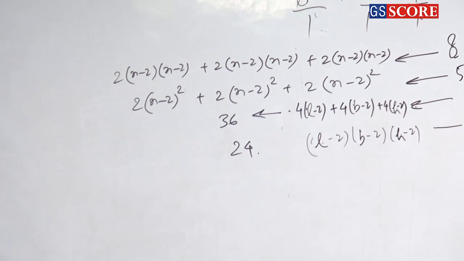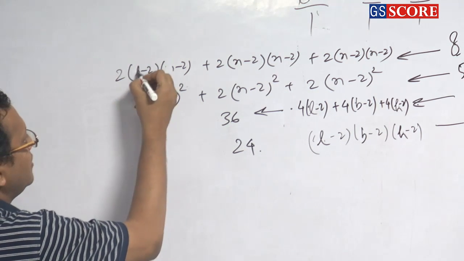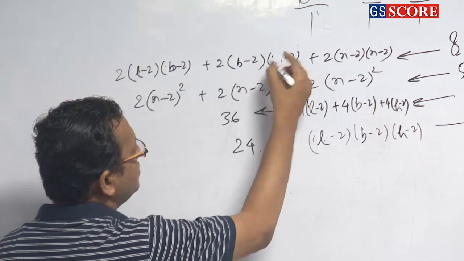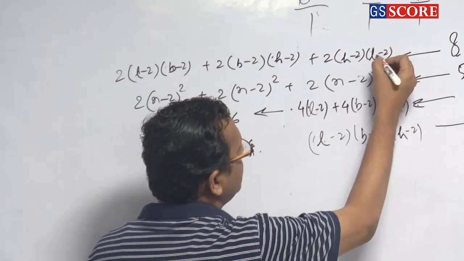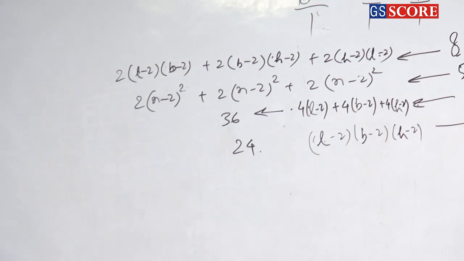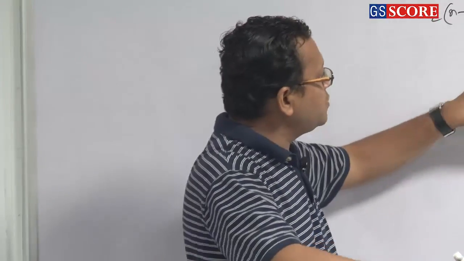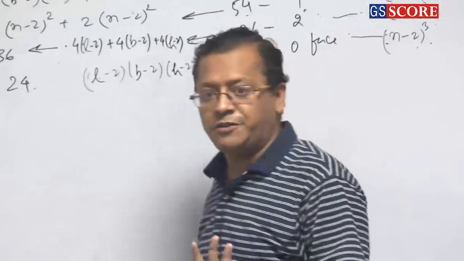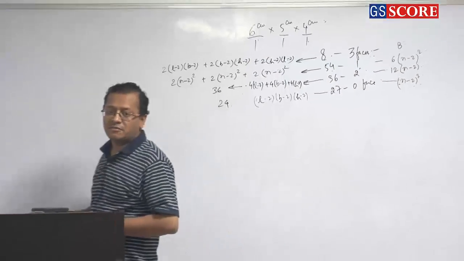Right? Now, what will you do now? Pairwise, you take L and B here, you take B and H here, you take H and L here, and now substitute the values. What is the value that you are getting? Or else you can say 36 plus 24, 60 plus 8 is 68. So, 120 minus 68 is how much? 52. So, if you check it out, if it is coming 52 or not, it will definitely come.